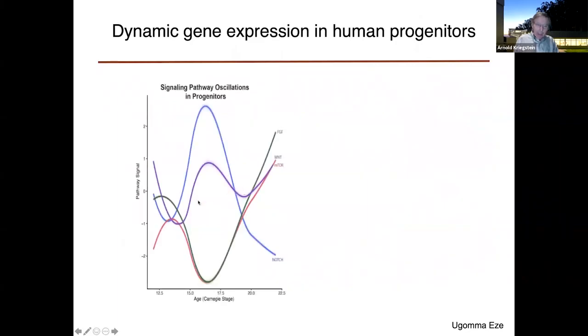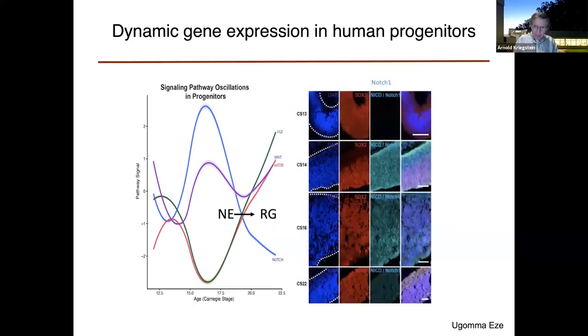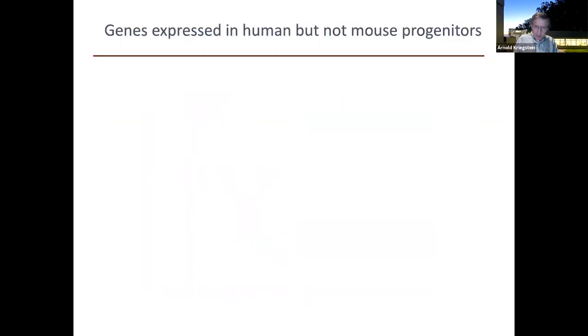And then mapping the expression of individual pathway genes over time shows many genes during the neuroepithelial stages that are enriched and then diminish in the transition to radial glia, and other genes that are lowly expressed in neuroepithelia and then suddenly become highly expressed in that radial glial transition. So this gives us novel markers for that transition that we didn't have before. I just want to show one of them here, validated in tissue sections, which is Notch1. It goes up in expression during the neuroepithelial stage and then diminishes as neuroepithelia transition into radial glia and neurons start to develop. So we're trying to see if we can manipulate some of these genes to shift that transition,